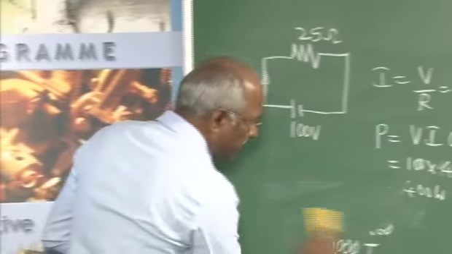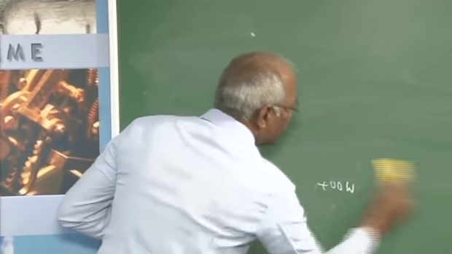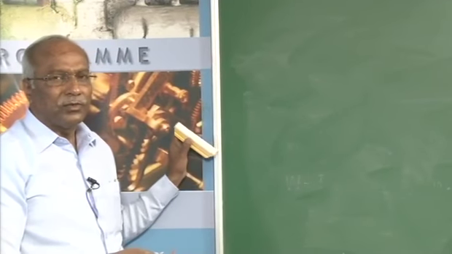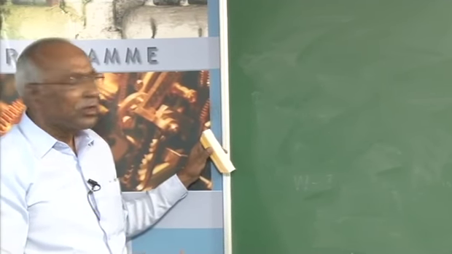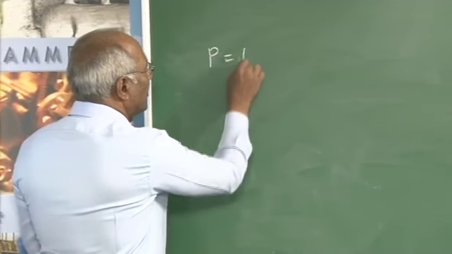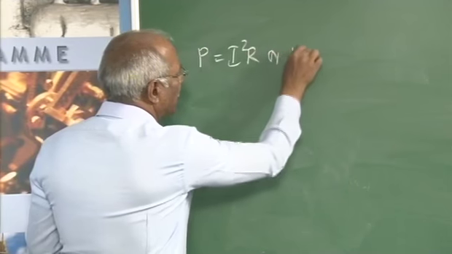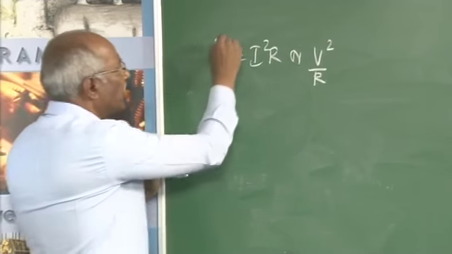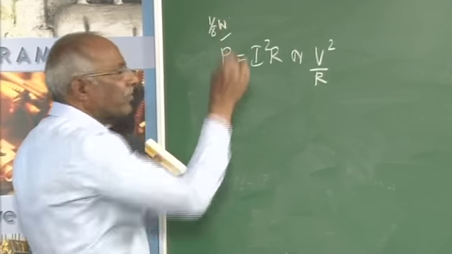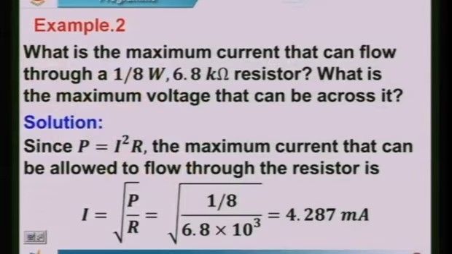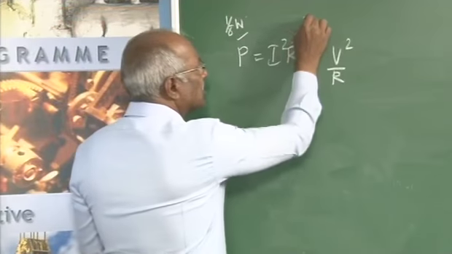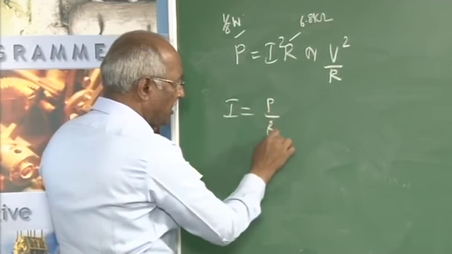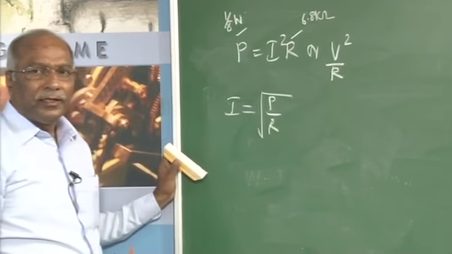In that respect, every resistor will have been designed for a particular value of power, and generally it is voltage. Once the voltage and power are known, the current is also known. P being equal to I square R, or it can be V square by R. In this particular problem, I know the power, 1/8 watt, and the 6.8 kilo ohm resistor. So, R is also given, 6.8 kilo. Therefore, I will be equal to the square root of P by R. So, that comes to